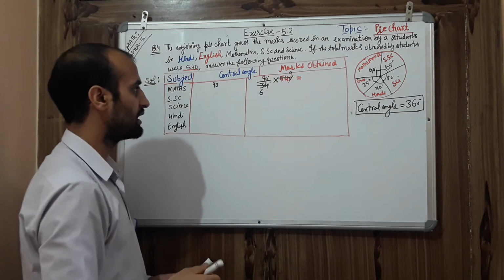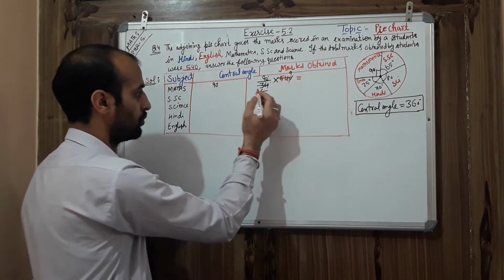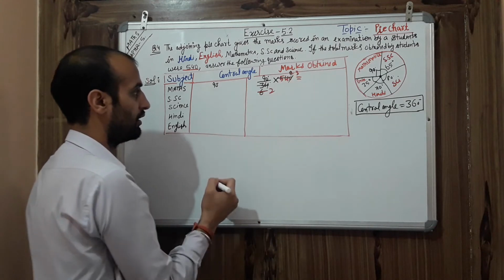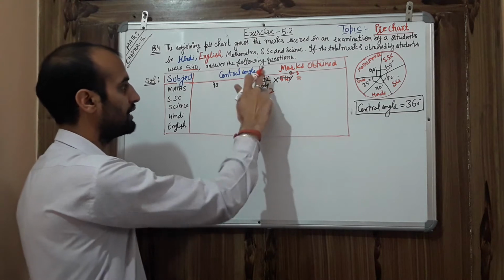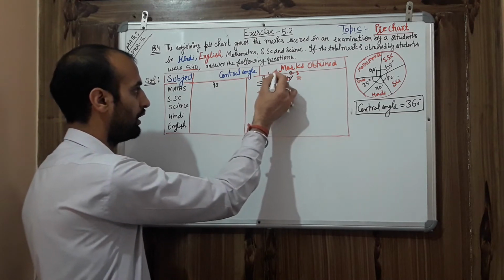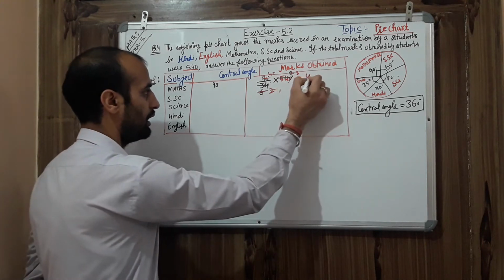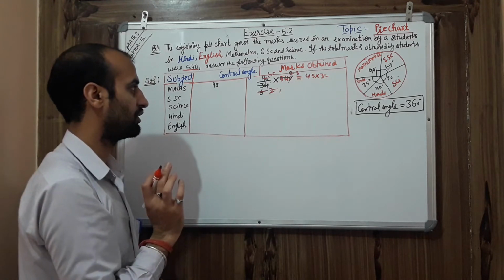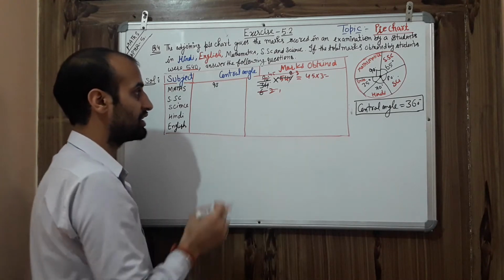Now once again, this is 2. 2 threes are 6, 3 threes are 9. Last step left now: this 2 we can cancel with the 90. 2 ones are 2, 2 forty-fives are 90. So you will get only 45 multiplied by 3. Rest everything is cancelled out. It is very important to understand how to do the cancellation here.